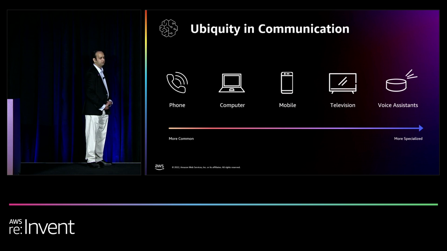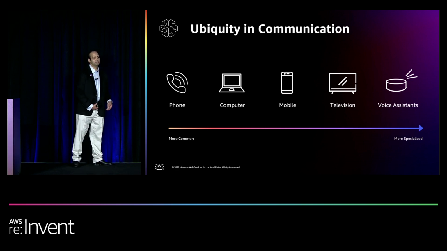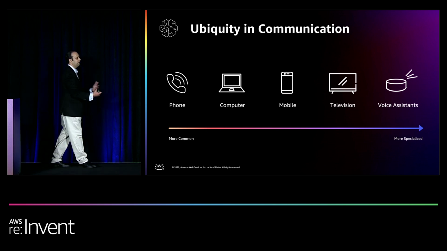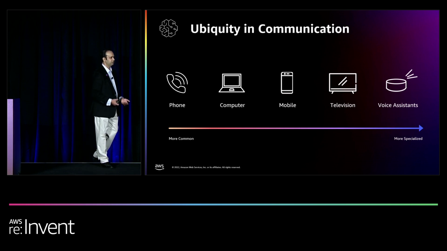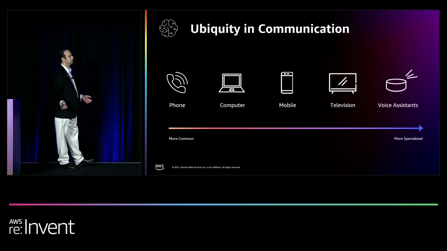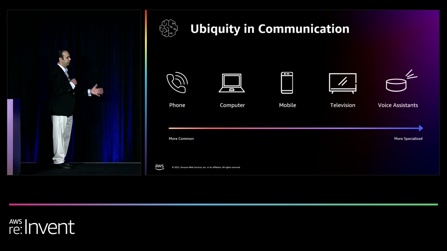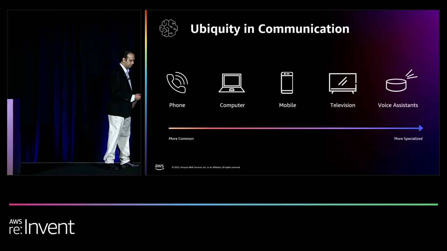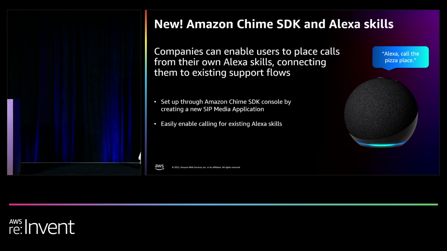So we're working with a banking customer, again, who wants to send credit card fraud notifications to Alexa devices just to make it easier for a customer to reach out and touch that bank when those types of events happen. Yes, they can do this with the phone. Yes, they can do this with browser push notifications. But what they've found is when they send that across multiple different devices, and when the customer has an option or a choice as to how they can engage with that bank, they have a higher probability of reaching that customer, ensuring that fraud is mitigated and risk is mitigated in that banking or financial services use case.